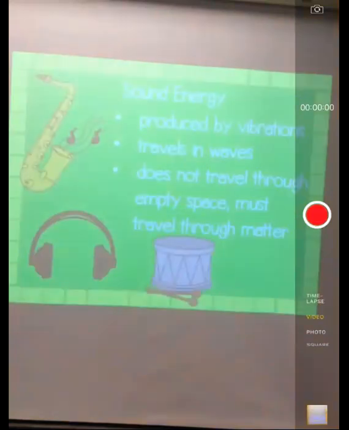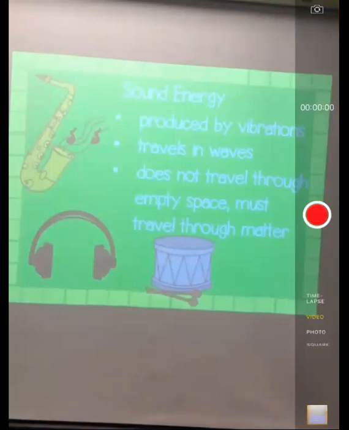Wait, what do we write down for this? Nothing right now. Now we're at sound energy, and there are boxes for sound energy, and there are 3 bullet points, and that's what we'll write down for sound energy. So Parker, make sure you get these, because I'm going to have you turn this in, and it's going to be an easy grade. And if it's not done, well, then you're in trouble. And if it's easier for you to sit down here, of course you may, but you don't have to.